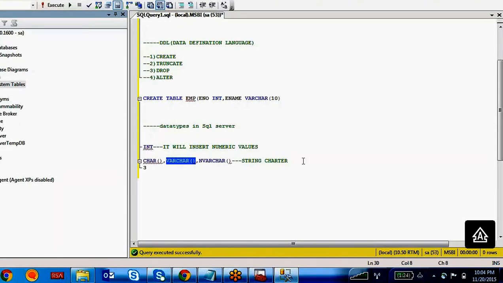Non-unicode means English characters. People in India, US, these guys are using the English language. So if you want to maintain data in English like A B C D, these are characters, so this is non-unicode.